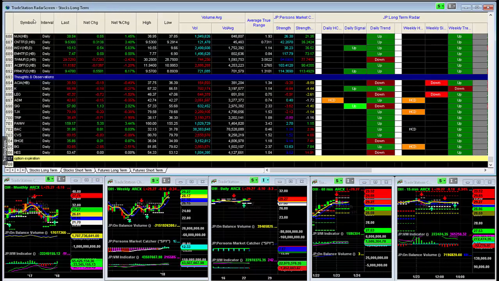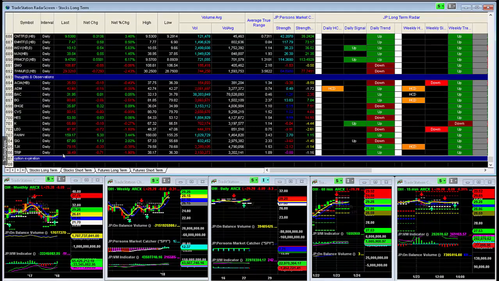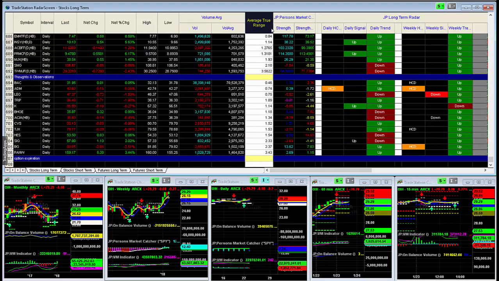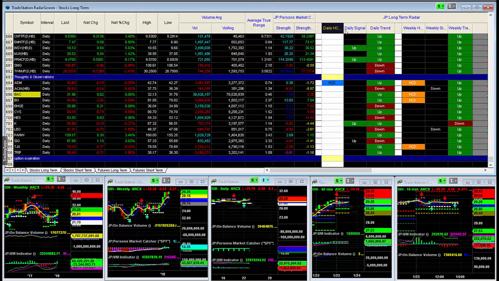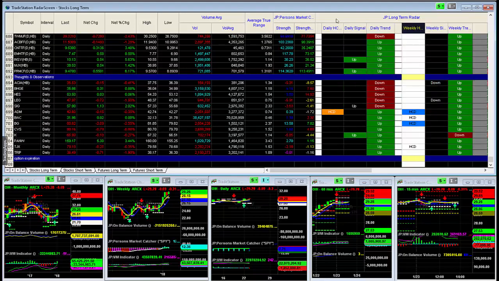By double clicking on symbol, you are going to collate between label rows. You're not going to be able to sort and change the label row listing, but you can within high volume, low volume, average true range. You can correlate between strength of the market, daily high close signals, daily signals, weekly high close dojis.